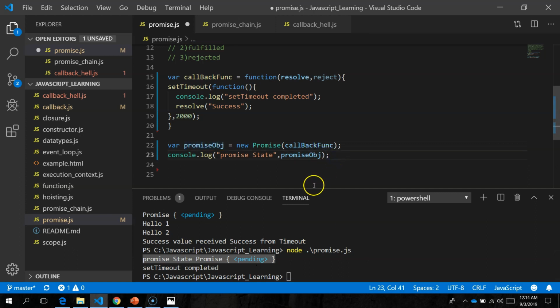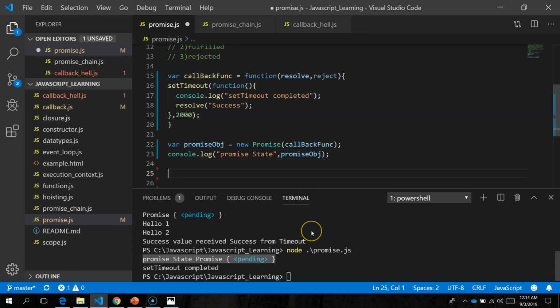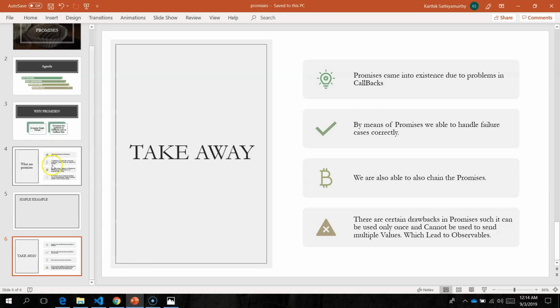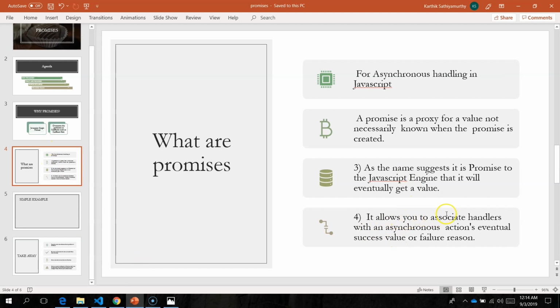Now come into the phase where we handle the event. If it is a success, I want to call a particular function. If it is a failure, I want to call a particular function, as we saw in this slide. What we saw is that it allows you to associate handlers with an asynchronous action, that is success or failure.